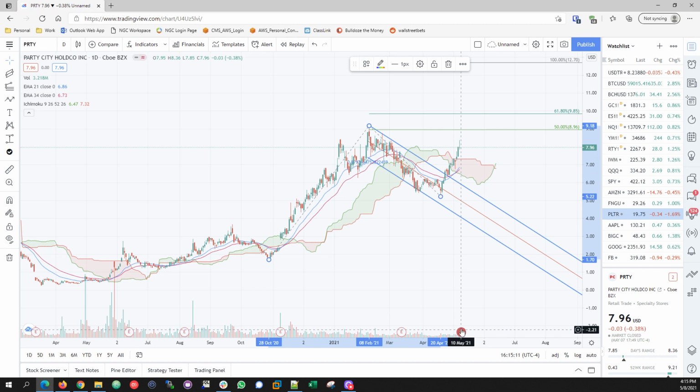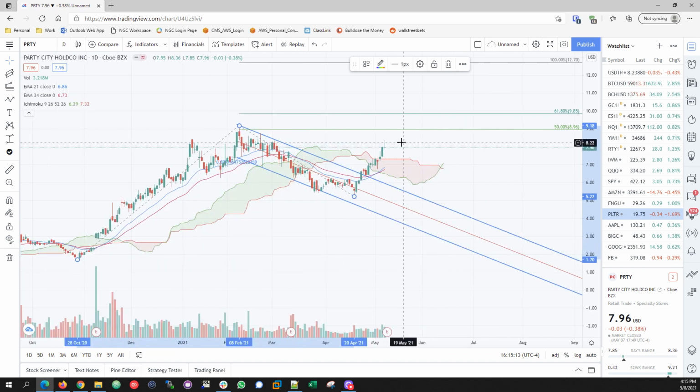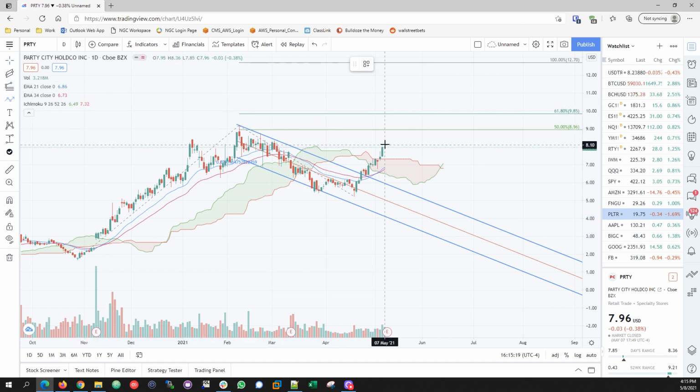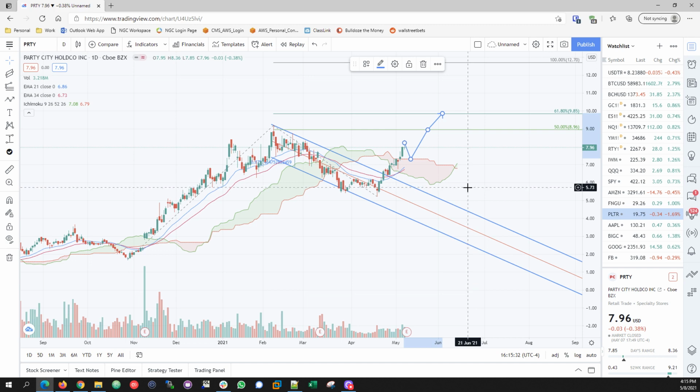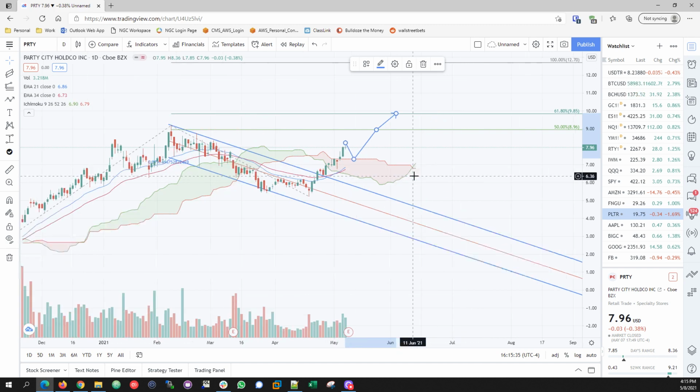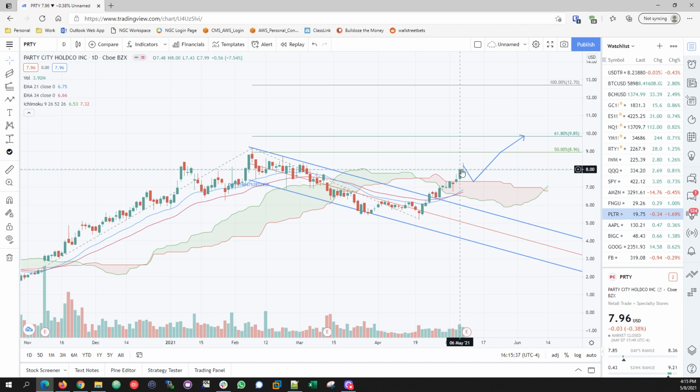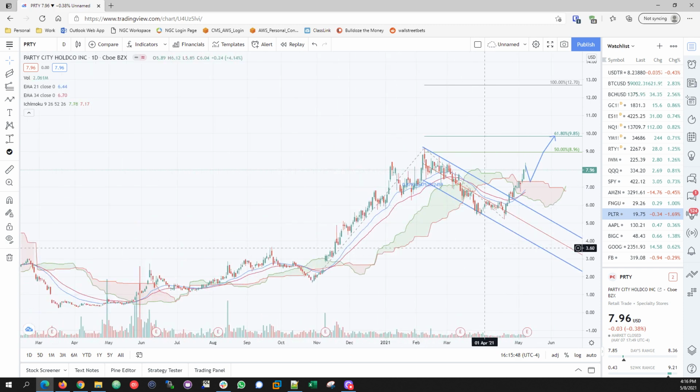Again, many of these companies have earnings this week, so I don't know how the earnings will play out. And then the Friday candle kind of died off that run. I think that it's going to probably retest, okay, or maybe even up to here. We don't know. So these two levels, 8.96 and 9.85, would be my target. But the earnings are there, so I don't know how that's going to play. And also it just broke above the cloud, and every time it does that, sometimes it tends to come back and retrace towards the top of the cloud and gets a bounce. So let's see what happens, but I love the play in this.